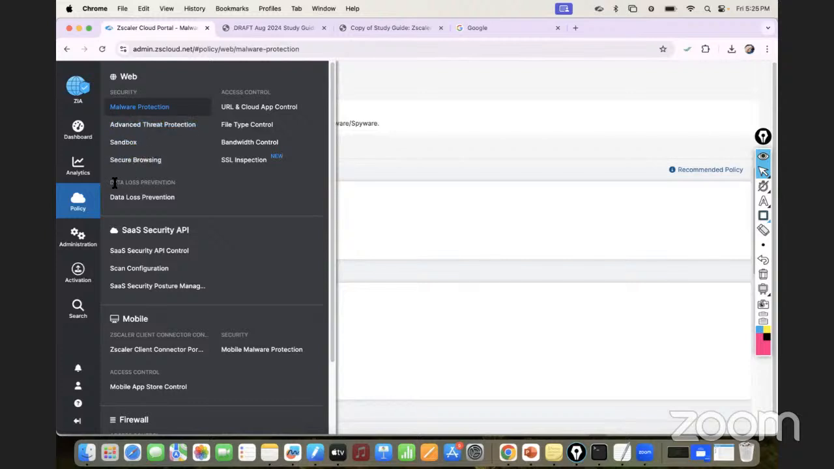Now we have DLP. DLP is more about, again, part of the web. This is just to stop any kind of data loss. Let's suppose someone sitting in the office might, intentionally or unintentionally, upload some critical confidential file to box.com, Google Drive, or any other public